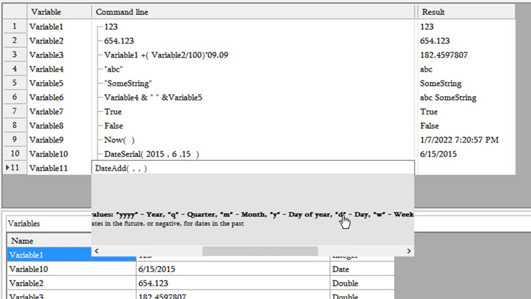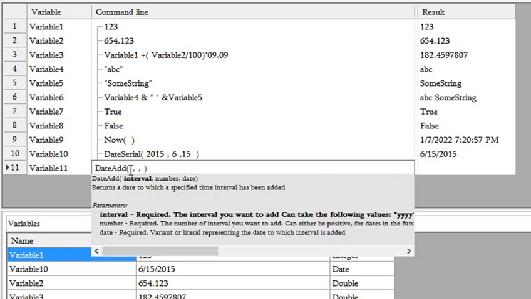I'm gonna select D, so I'm gonna put small d in between the double quotes. Then I'm gonna specify number of days as a second parameter. Because as you may remember, I selected D, which stands for day. I'm gonna take, let's say, 4 days, and the next parameter is the date itself. So I'm gonna take variable 10